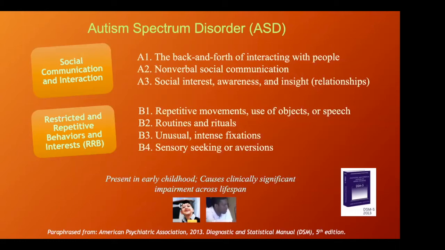The next criterion is nonverbal social communication. Observing the videos gives us lots of opportunities to see not just what the child is saying, or what sounds or words are coming out of their mouth, but how they are using their body. Are they orienting to the other people? Are they using eye contact? Are they changing their facial expressions? Are they using gestures or pointing or things of that nature? We want to note both the lack of those behaviors as well as the presence of those behaviors. And then finally in the social area, we're focusing on